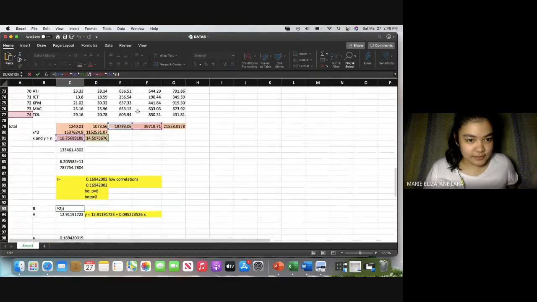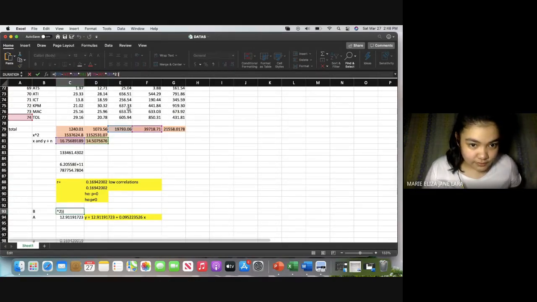See here, you have E79, which is the summation of x times y, minus E77, which is the sample size, times C81, the value that you get when you divide the sum of x by the sample size, times the D81, the value that you get when you divide the sum of y by the sample size,